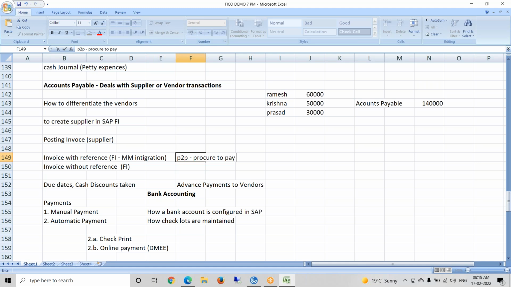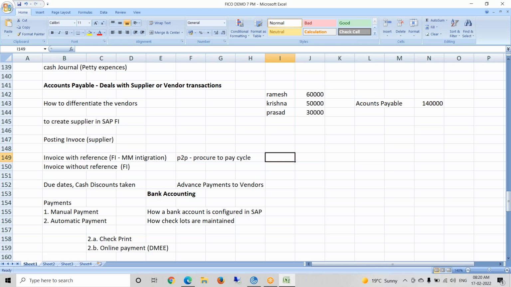Currently, I'm working on these things regularly, Hari, in accounts payable, reconciliation and reporting. Yeah. So in this P2P procurement cycle, we are not posting any transactions manually. We have to understand how these entries happen through automatic postings.